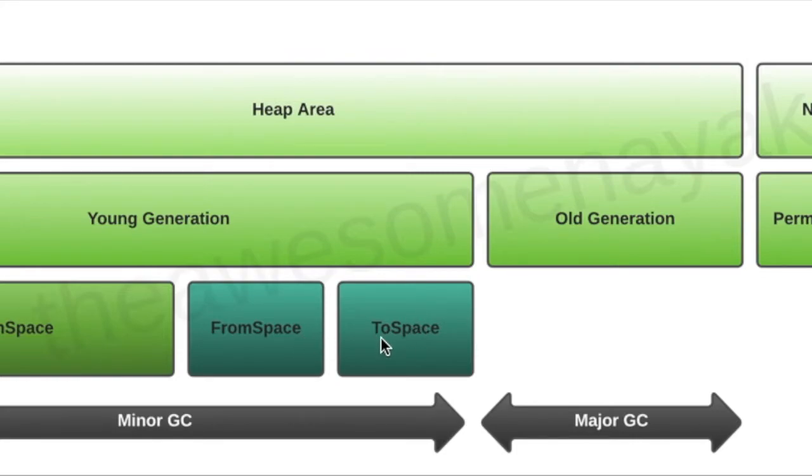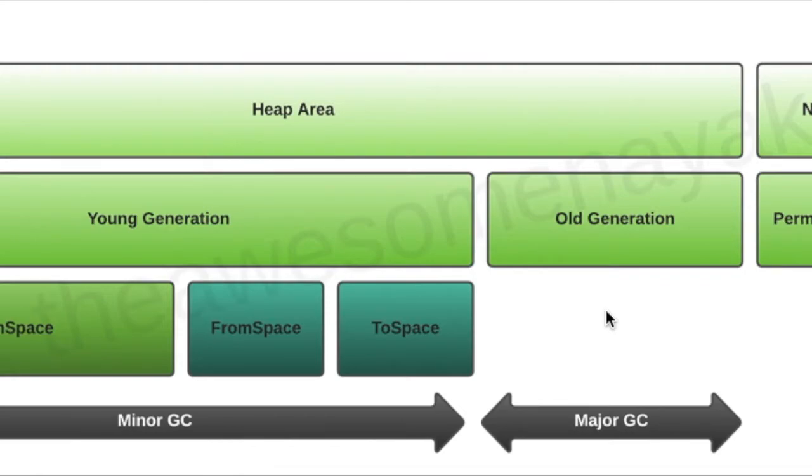It might be possible that the objects in to space and from space will still get some call or invocation later on. So what it does, when major GC executes, is just move the objects from this to space to old generation, and then from space to to space, and then eden space to from space. In this manner, this execution happens. So this is the major GC. Major GC will also check whether in old generation there are some objects which are not even getting used, and it will just delete them from there.